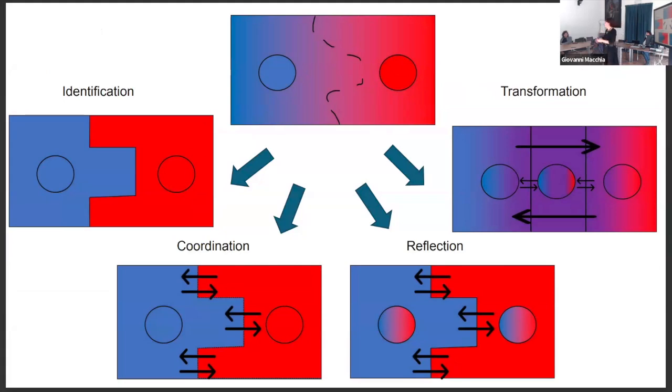Identification means, for example, dealing with the concept of paradox among a physicist, a philosopher and a mathematician. The first part is just to recognize that how I talk about paradox is different from how a philosopher talks about the paradox, and how a mathematician talks about the paradox. This is called identification. So like in a boundary zone, when you recognize some specificity of your way of reasoning,